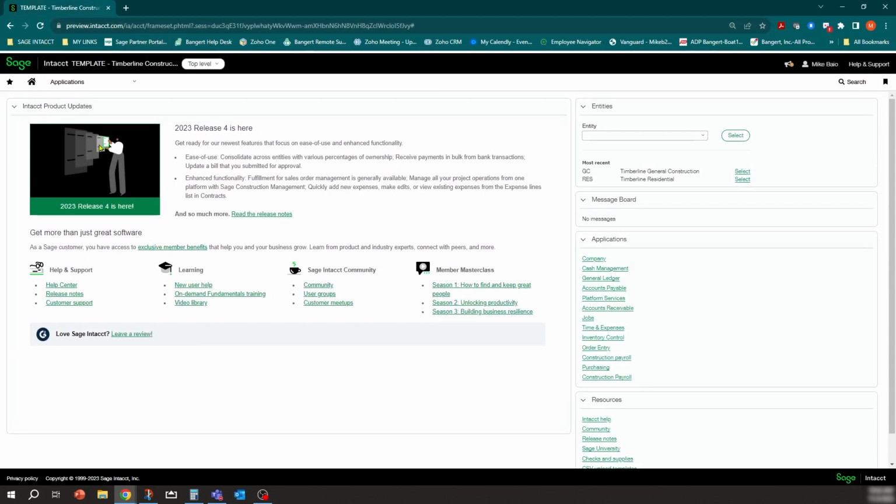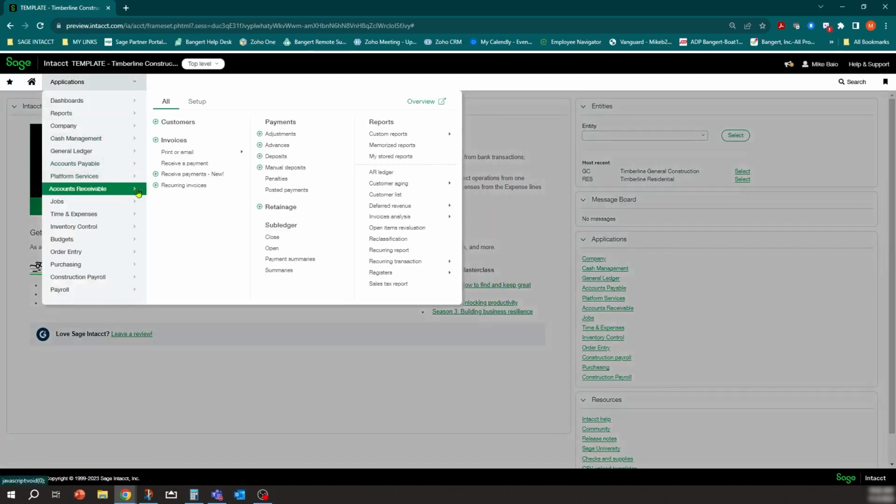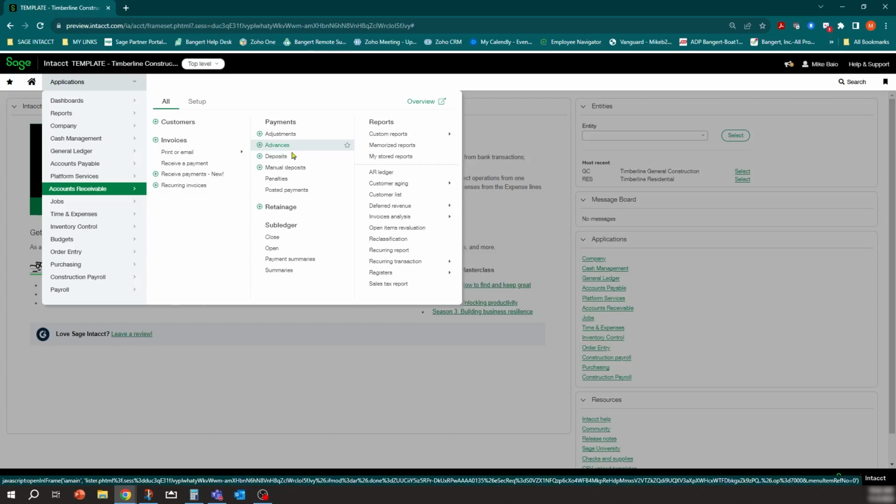What this basically can do for you is this can allow you to automatically assign customer payments that have come in electronically from the bank feeds to the actual customers in your accounts receivable module, and then also apply payments to those invoices automatically, and also give you the ability to issue advances. If you haven't created the invoice yet, you can actually store them as advances in accounts receivable and then apply them later there to the invoices once they get created.